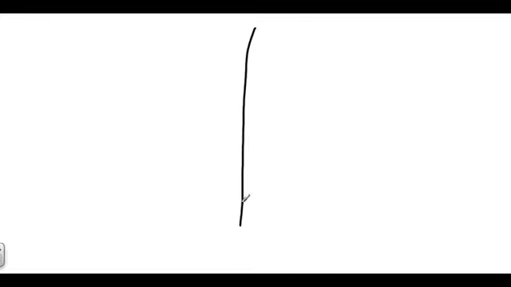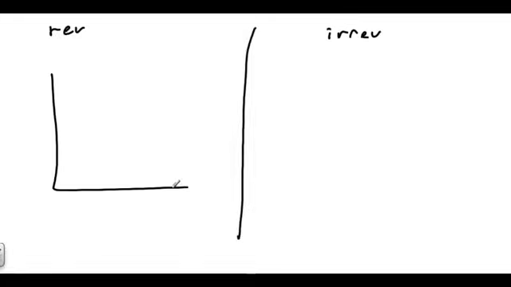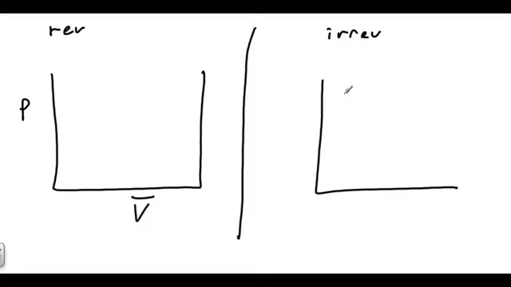So here we've got the reversible process, we've got the irreversible process. So let's look at what happens in terms of a graph if we try to graph molar volume versus pressure for those two processes. So we've got the one where the external pressure and the internal pressure are different, and one where they're approximately